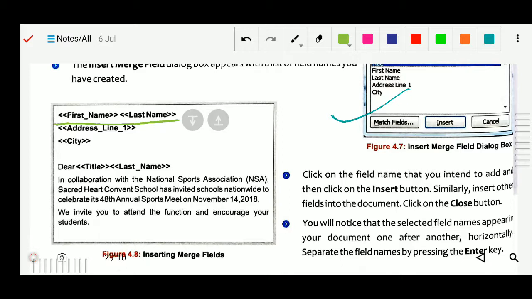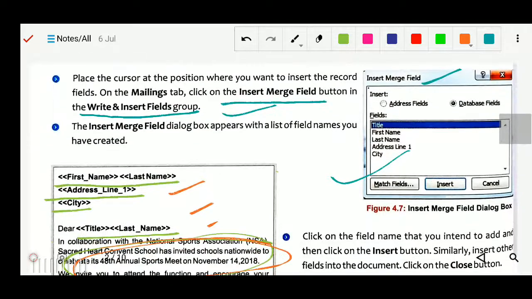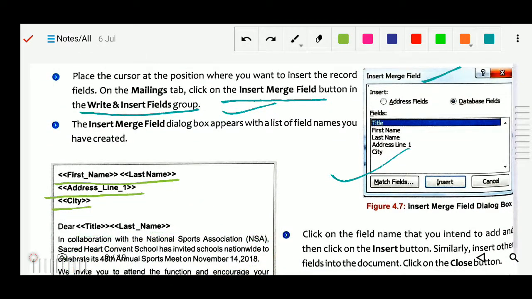This is the address, city, and this one, because generally these things will change: first name, address, city. This part will be the same, so there is no need to change it; only we will change it here. To change it there, I will insert here. I will write exactly with the same name. So first I want to write the first name.